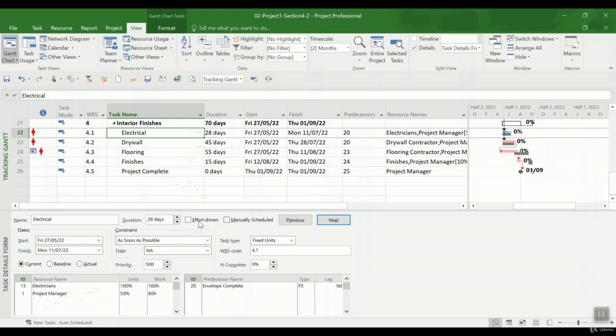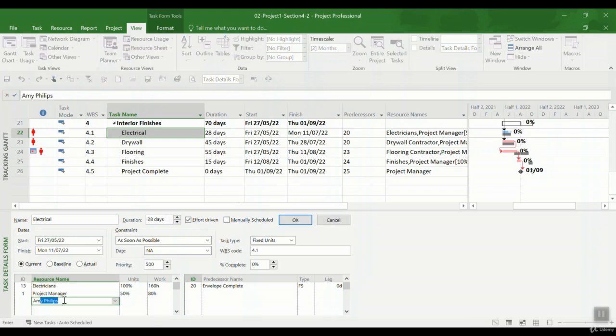As you remember, for the effort driven, if I click here and I say this task is effort driven, I press OK. Right now the duration of this task is 28 days, but I want to add another resource. Let's say I ask Amy Phillips, she is able also to perform some of the electrical work, and she's working like the electricians here